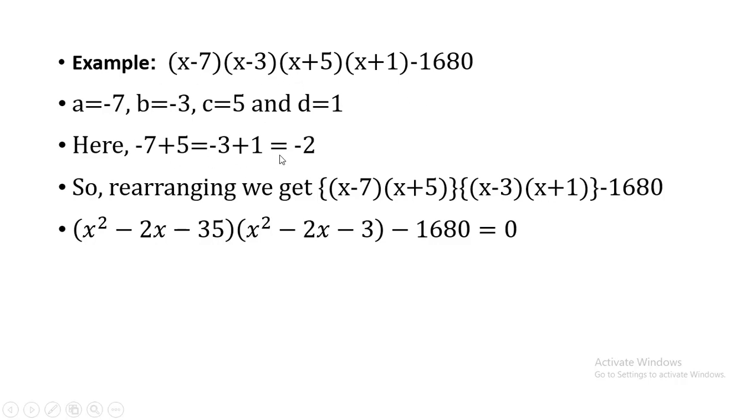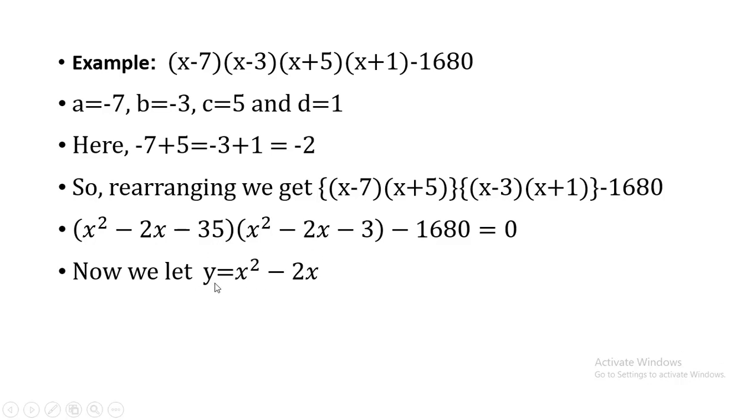That is why we have done this, so that now you can see the first and second terms of both the brackets are equal, and that is what is needed. Now, since there are two quadratic expressions being multiplied, we consider let y equal x squared minus 2x. Now why x squared minus 2x? Because, as you can see, two terms are exactly identical in both the brackets, so we can suppose them as another variable.